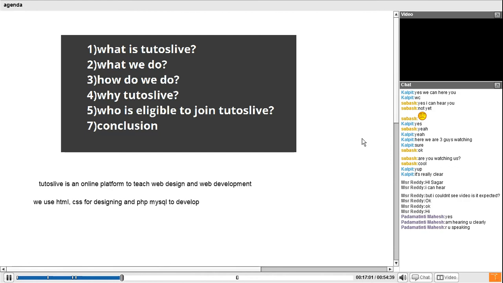Our agenda is more interactive. We pick a student from the team and let him help the other peers. In that way, he can be a team leader, or he can become more logical or more programmatical. So this is what we do at Tutoslive. Every day we pick a student and say,